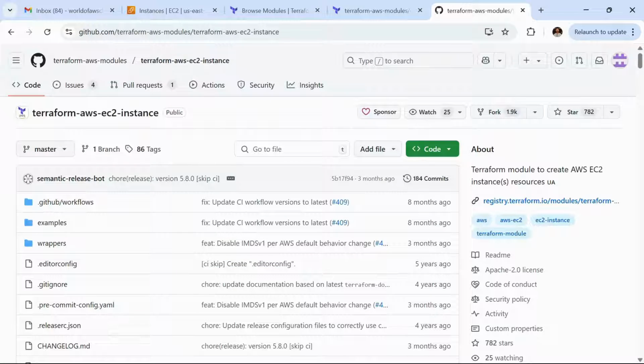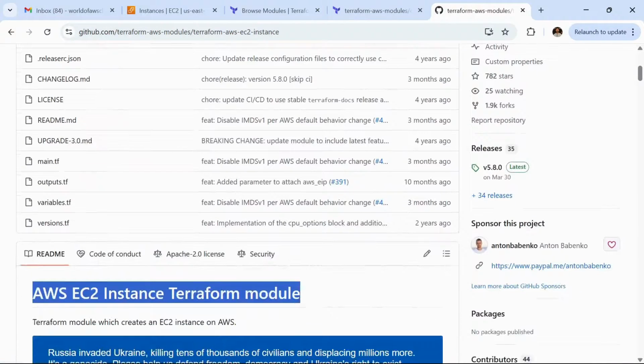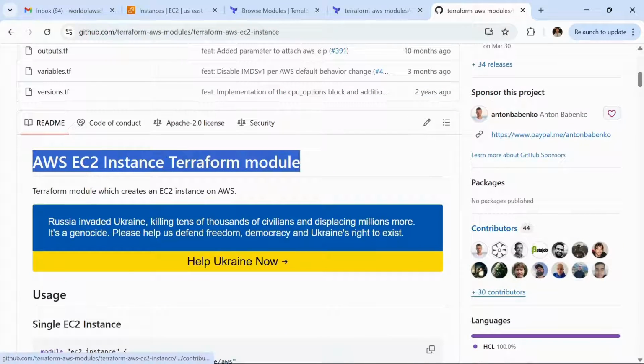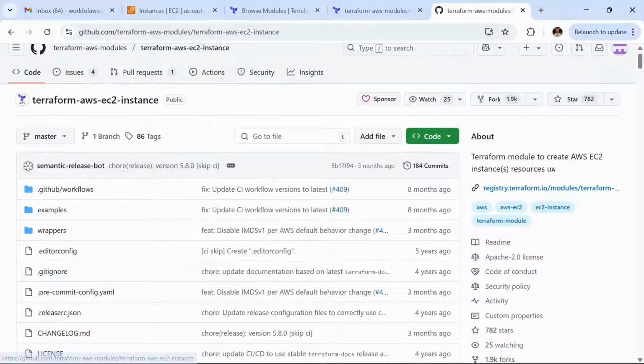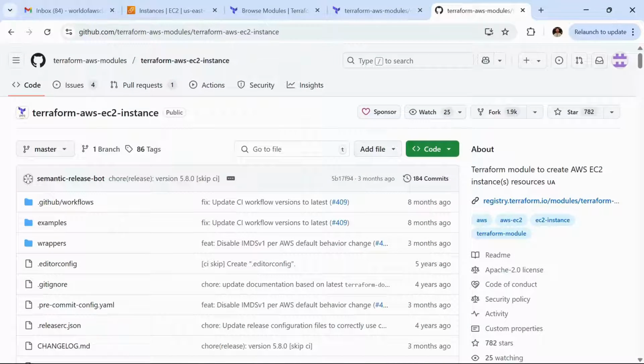We can also see the forks, the stars, and the contributors. As you can see, there are 44 contributors, and they are actively resolving the issues available in this module. So we can consider this module for our use case.